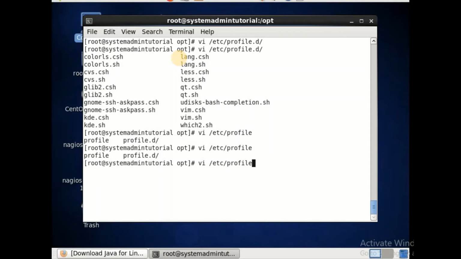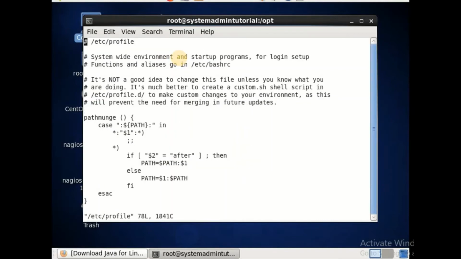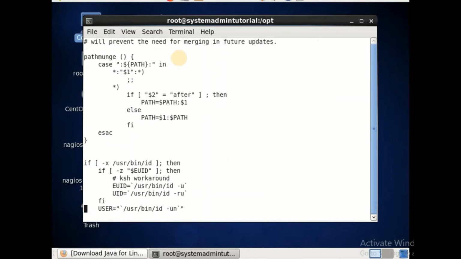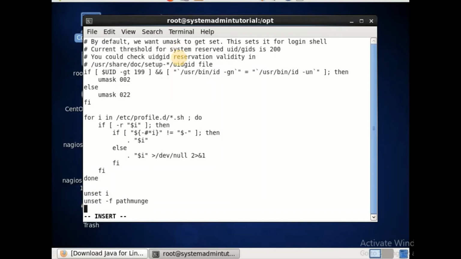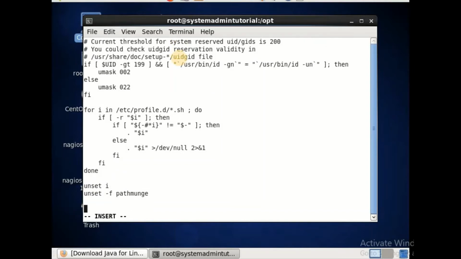If we use profile.d, then we need to create another file. So inside the etc profile, we are just adding it. Inside etc profile, you go to the end of the file. There are a number of places, so we can use anywhere. You can also add the same path into the .bashrc file. Here we are doing it in etc profile.